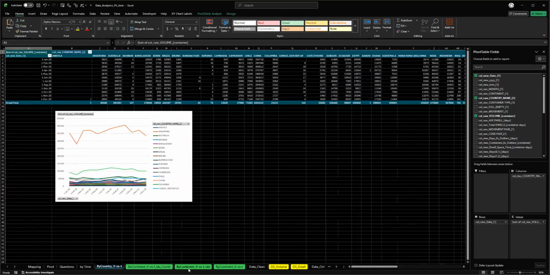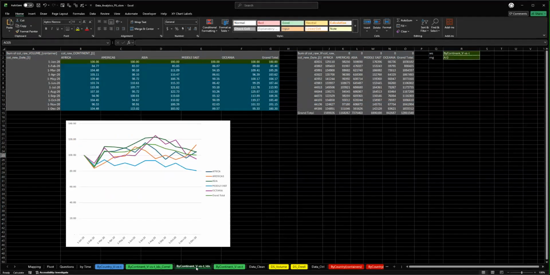Then I will duplicate the indexing sheet. Make a copy, and change the color also to blue. Rename it